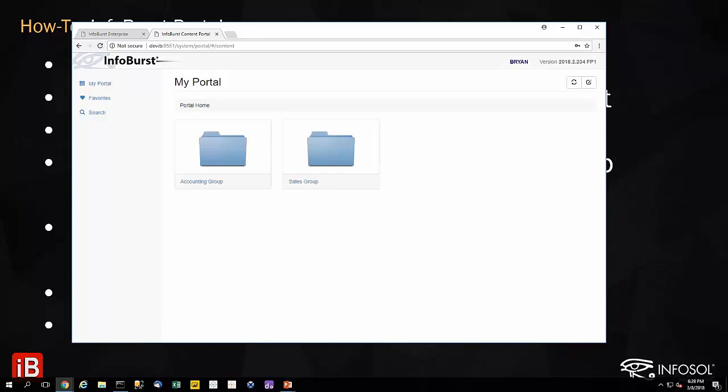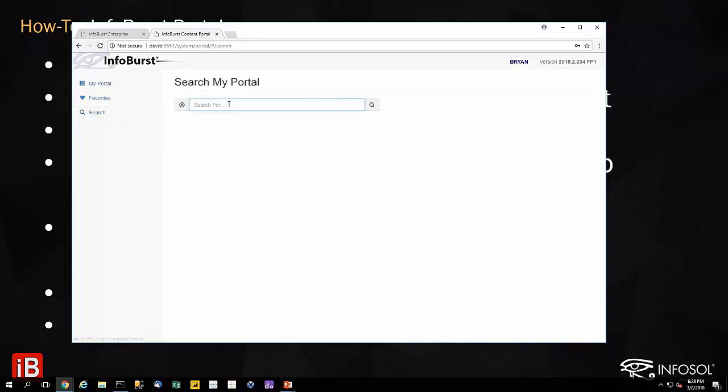Okay, let's go back to our portal home. In addition to viewing the content, there are a few other features that I'd highlight. First of all, obviously a native search. And it's not just a keyword search, it's a contextual search. So for example, if I type in, let's say, New York,